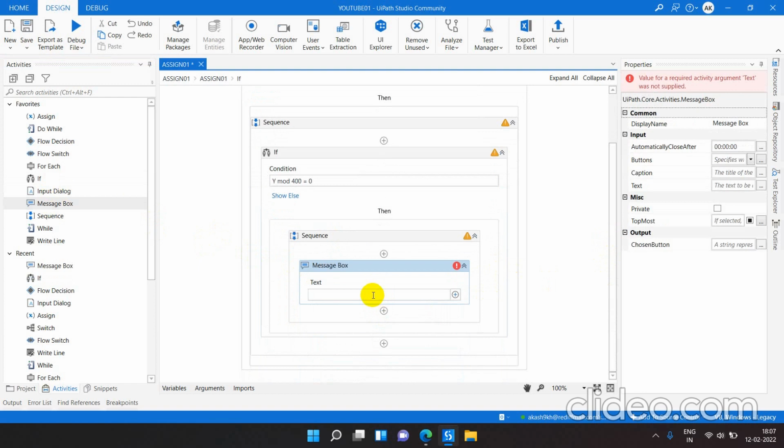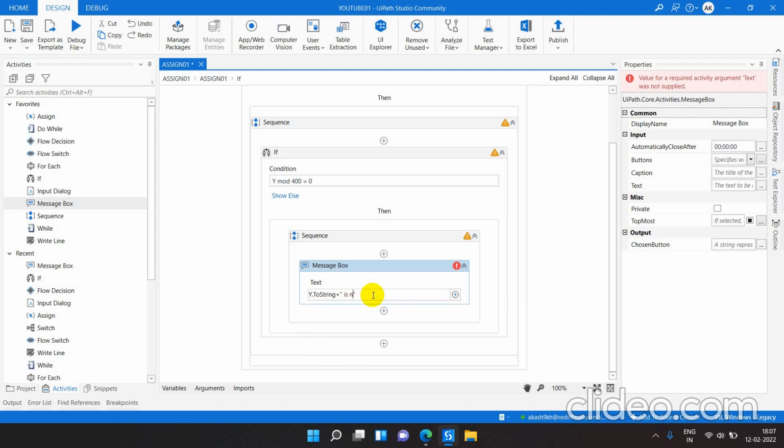So for that I'll write y.toString. Y is a variable storing integers, so that's why I'm writing toString to convert it into string format, and this is a combination of string and variables, so you have to add plus y.toString plus